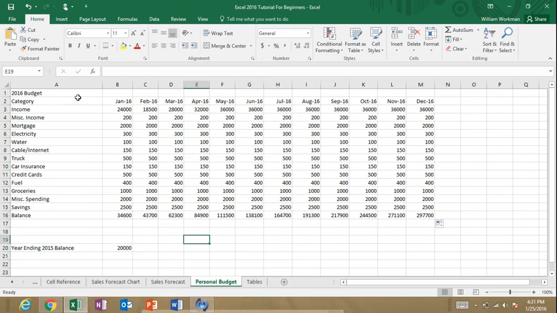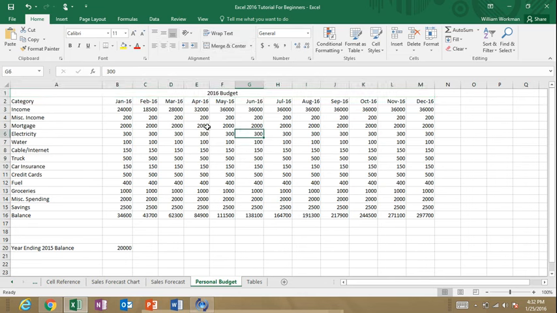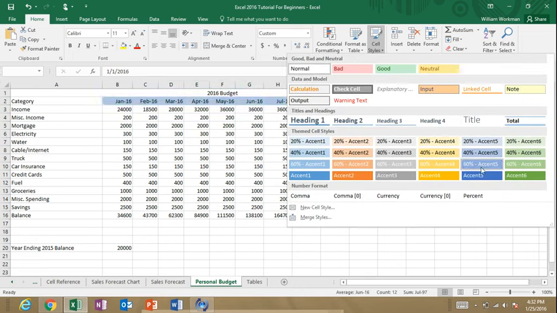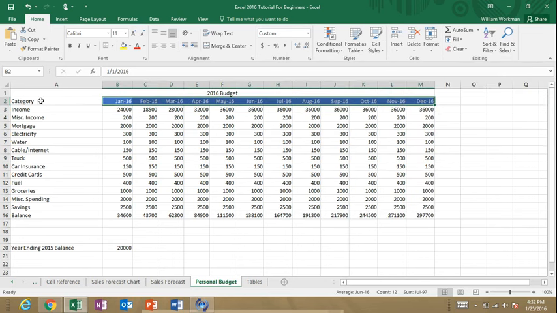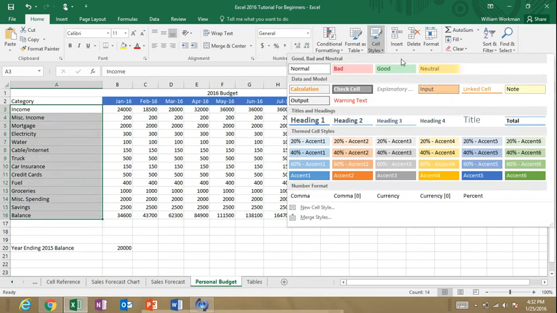Okay, now let's go ahead and format this with what we learned before. We have our title up here, 2016 budget. It's in cell A1. I can drag and select all cells from A1 to M1, and I'm going to click Merge and Center, and there we have our title. Okay, now let's add some cell formatting. Let's select our months, go up to Cell Styles, and we can pick any of these styles that we want. I'm going to pick Accent 5, and again we can do this for our categories, and I'm going to pick the same style,